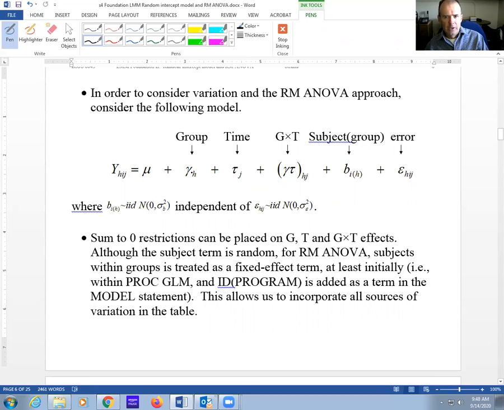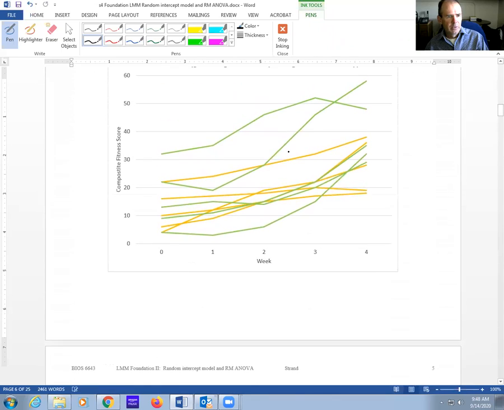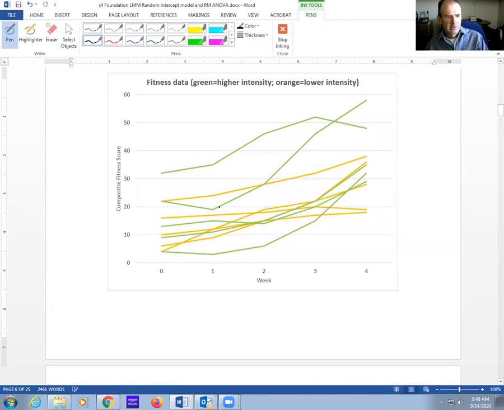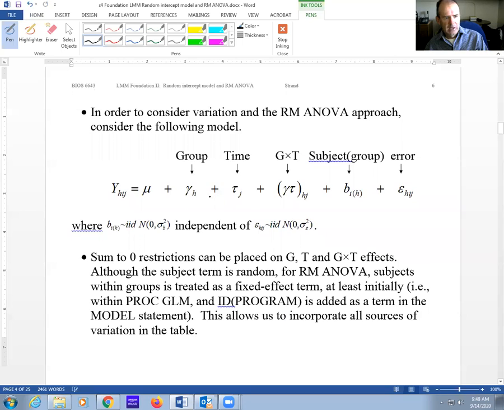And it's kind of important, right, that we're allowing that, because it's hard to say that there's linear. Like for one group, it looks like it could be linear. There's a pretty steady pattern, but we're allowing flexible estimates here. And when we treat group and time as class variables, then we get the most flexible fit. And then we can go back and say, okay, we can simplify this to a quadratic or a linear if we want. But in this case, we're just treating them both as class variables. And we have an interaction between group and time, again, making it the most flexible model possible.